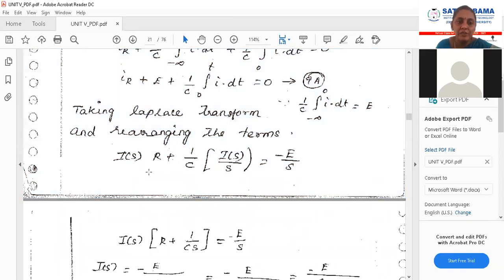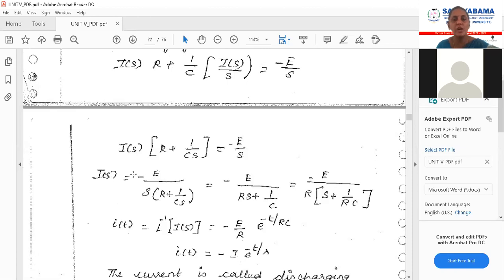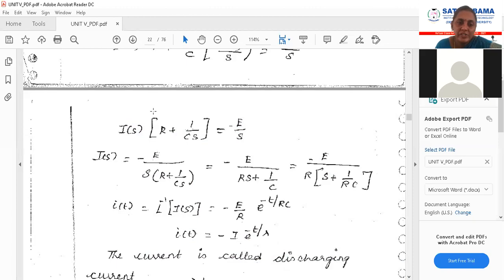I of s into R, plus this E is taken to the other side of the equation like this, plus 1 by C integral of I of t dt. You will write this as 1 by C into I of s by s. So this will be reduced to I of s into R plus 1 by sC is equal to minus E by s. Now again rearrange the equation, bring this entire term to the other side. So it will be